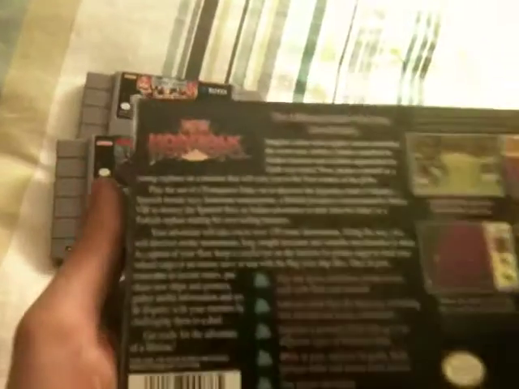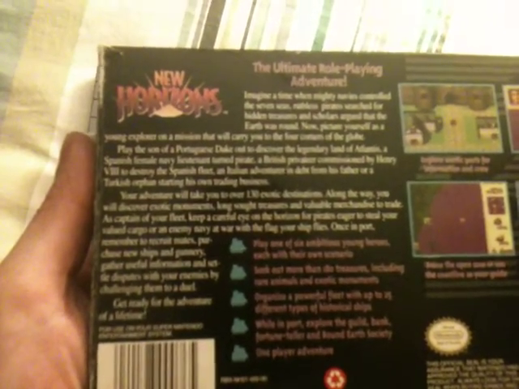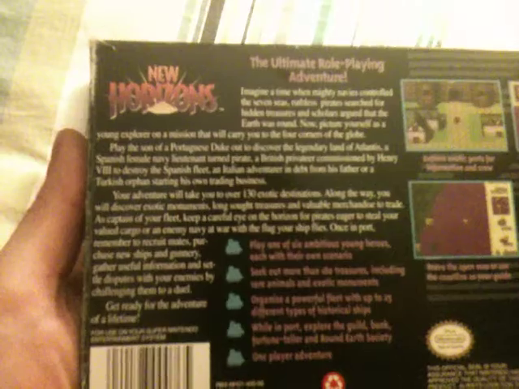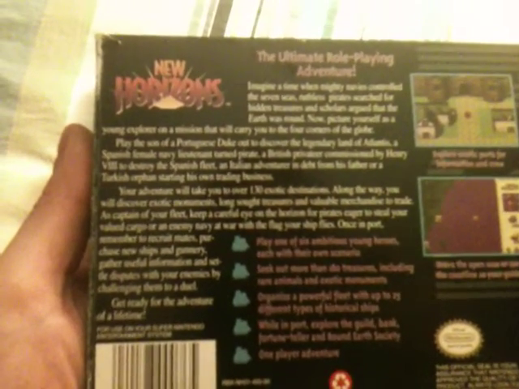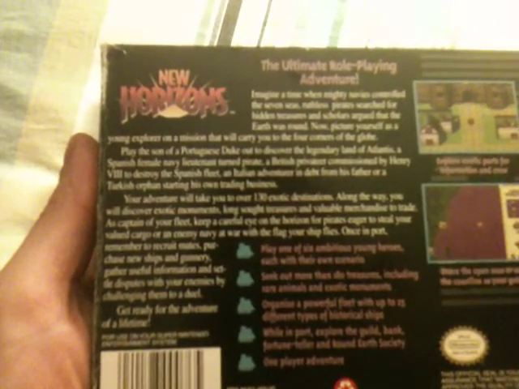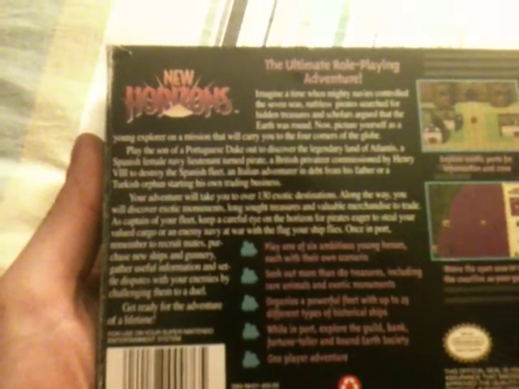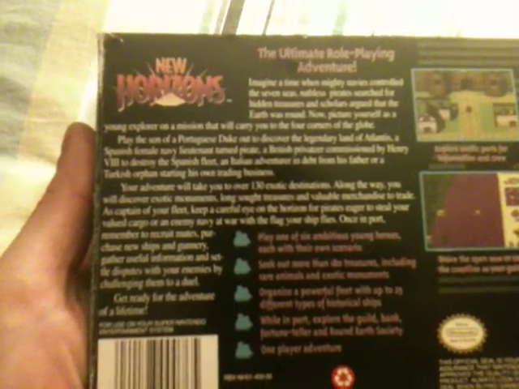I'll just read the back for you. You can explain it better than I can. Imagine a time when mighty knaves controlled the seven seas, ruthless pirates searched for hidden treasure, and scholars argued that the earth was round. Now picture yourself as a young explorer on a mission that will carry you to the four corners of the globe. Play as the son of a Portuguese duke out to discover the legendary land of Atlantis, a Spanish female